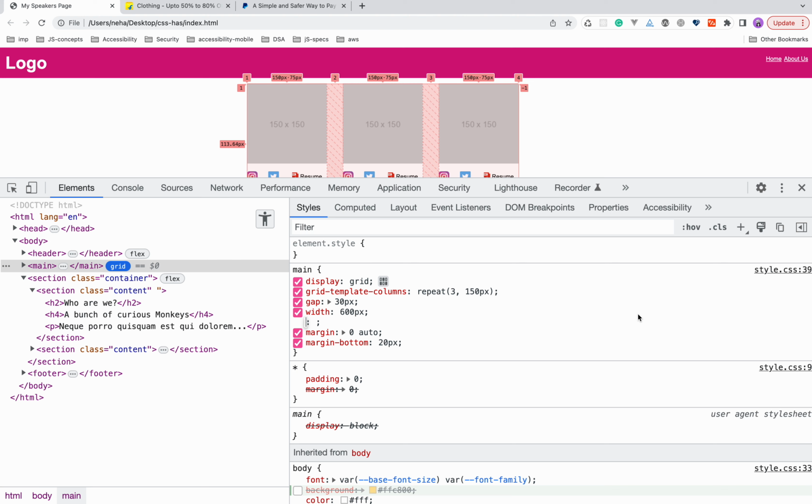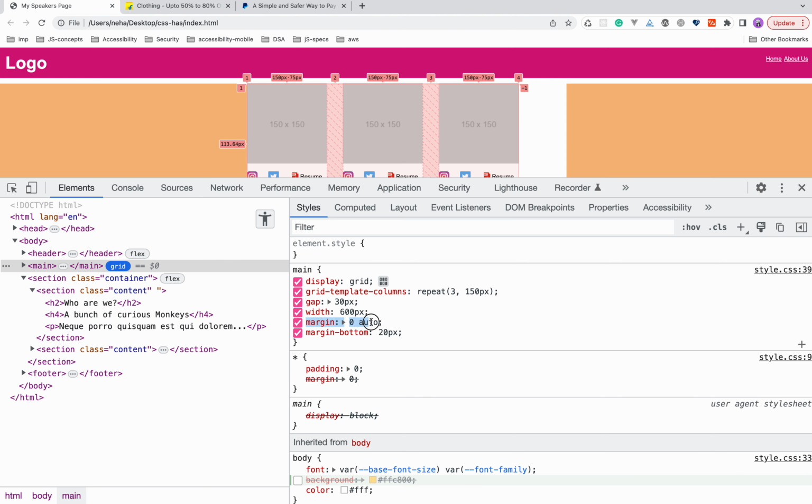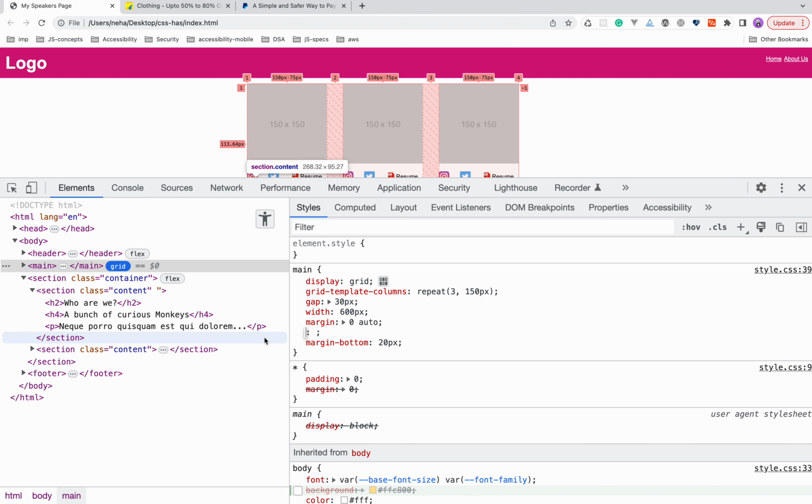Okay, now let's talk about the next topic, which is shorthand properties. When you are working with CSS and with experienced developers, you will see that they use a lot of shorthand properties. And a lot of times you get confused when you are debugging or reading such CSS about which property is what. So for example, if I talk about this margin 0 auto, if you are someone who doesn't understand shorthand properties, for you it would be very hard to understand what is margin top, what is margin left. So what DevTool does is it actually